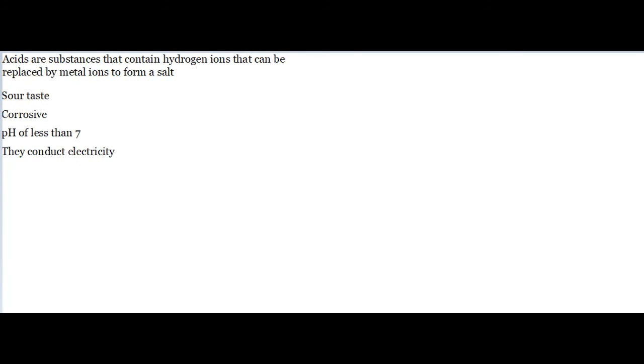Acids, bases, and salts. So, of course, we start with acids. Now, acids are substances that contain hydrogen ions that can be replaced by metal ions to form a salt. For example, hydrochloric acid with the formula HCl. It contains a hydrogen plus ion right here, and we can replace this with metal ions such as sodium to form sodium chloride, or potassium, or any metal more active than hydrogen for that matter, to form all types of